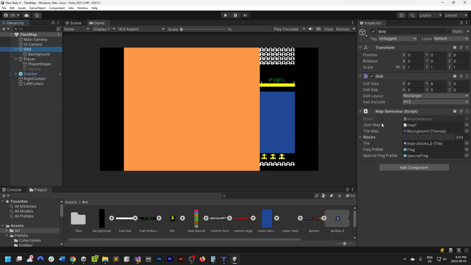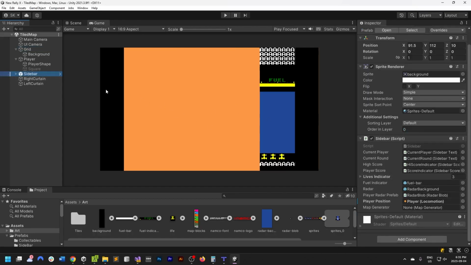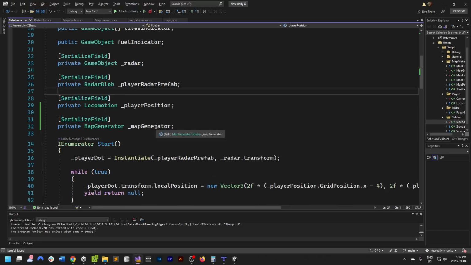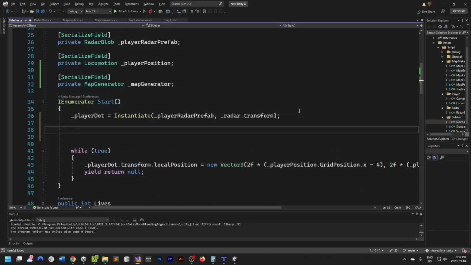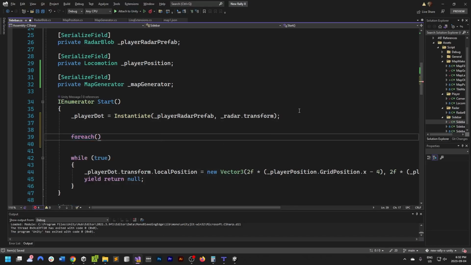So our grid is there and our sidebar is here. Our map generator, so we are going to drag our grid on there. That's going to be our grid map generator. Now that we have that, we can then say for each var flag in flags,